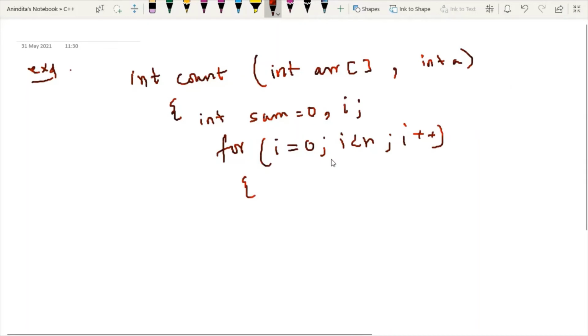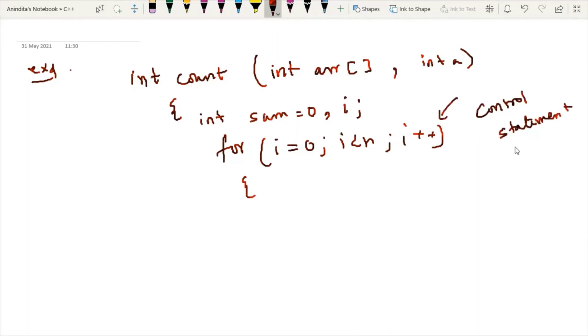A loop is also known as a control statement. Inside this loop I am calculating the sum, and then I'm using one return statement for returning the sum.